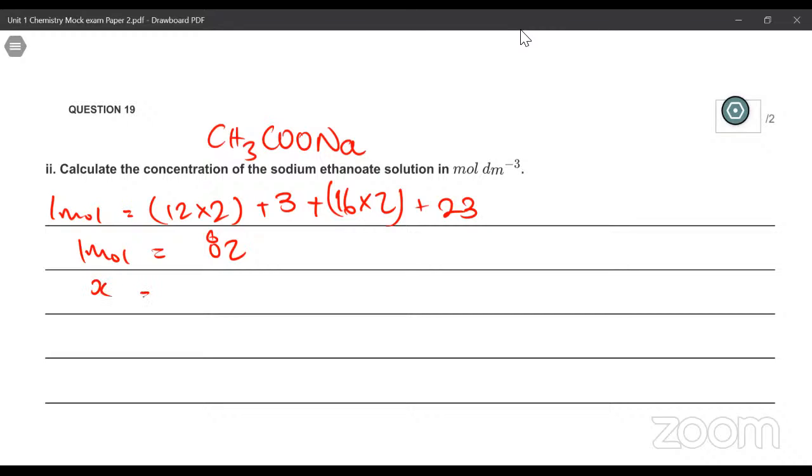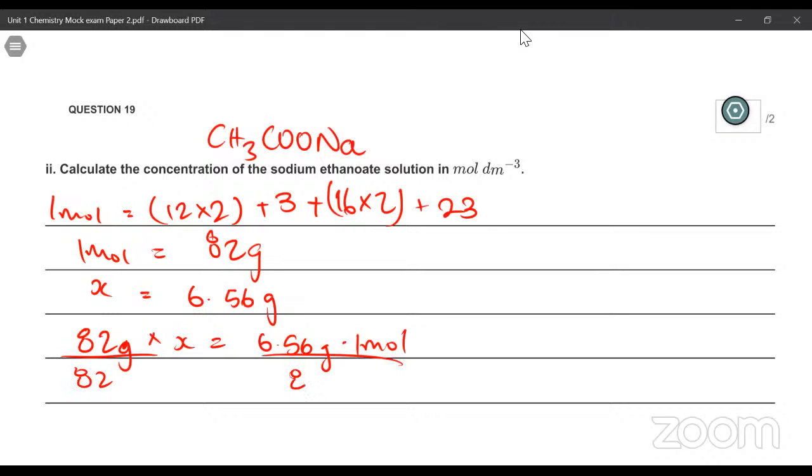And X is equal to 6.56 grams. So cross multiply: 82 grams times X is equal to 6.56 grams times 1 mole, right? And divide by 82 grams on both sides. And you'll find that X is equal to, calculator please, 6.56 over 82, 0.08 moles,